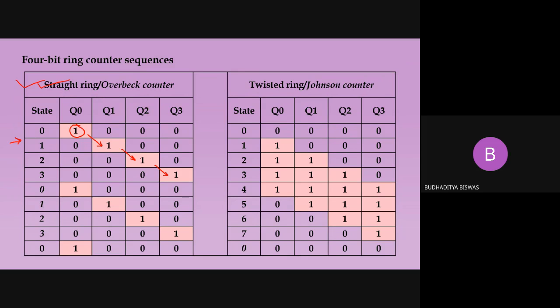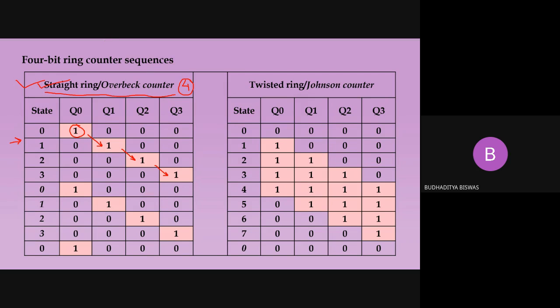Now, can somebody tell me, if somebody gives me the answer, I'll be very happy. I thought you would understand this ring counter properly. So how many states are there for this 4-bit ring counter? This is for a 4-bit ring counter because 4 flip-flops are used. So how many states are there? State means the output of the flip-flops. How many states are there?